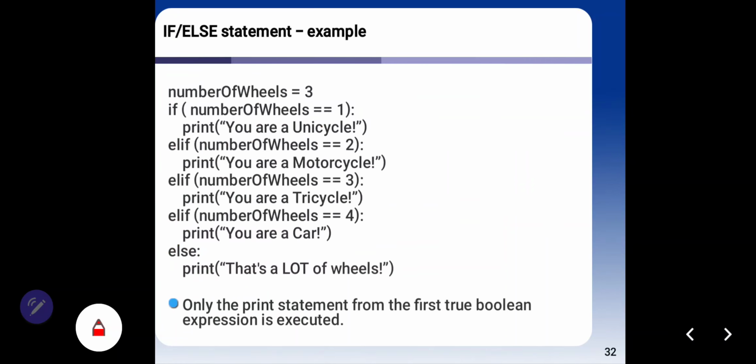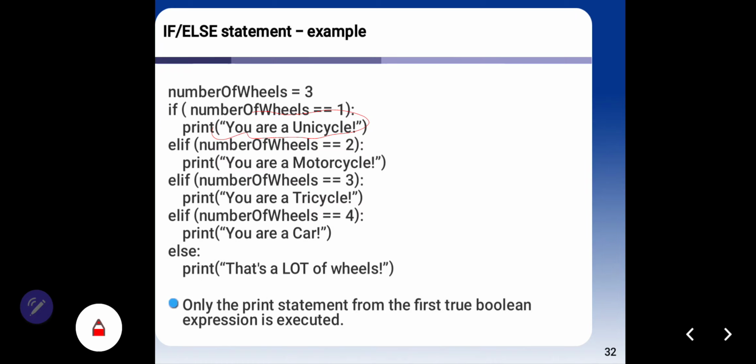You can see in this example, it is similar to before, about the number of wheels. Number of wheels equals 3. If number of wheels equals 1, the result is: you are a unicycle.